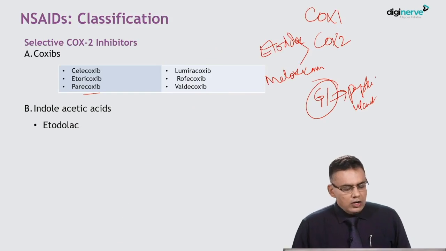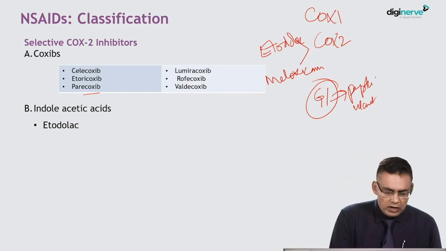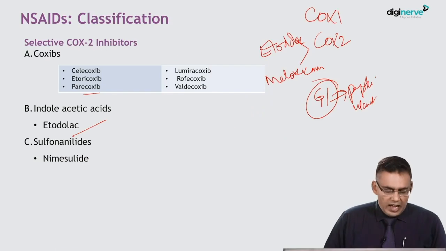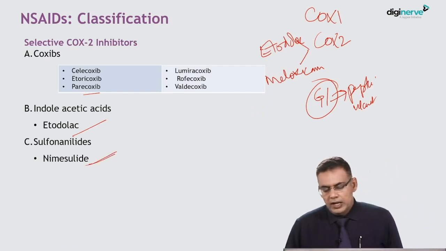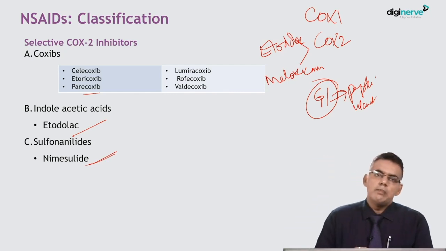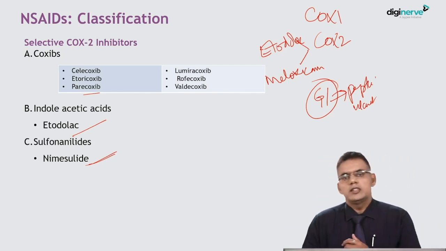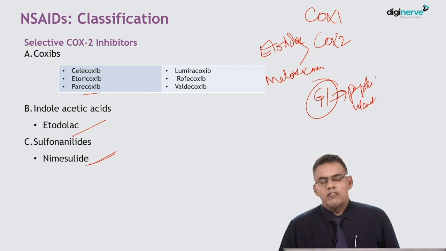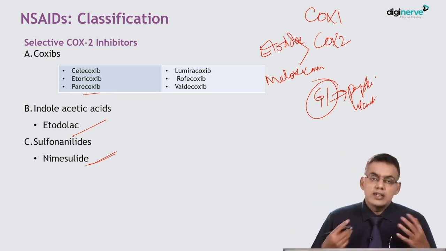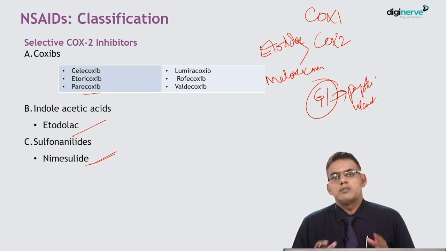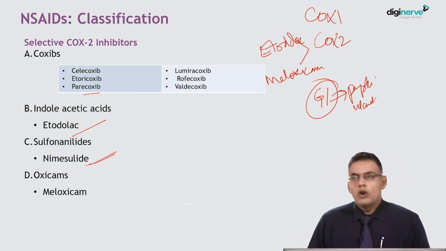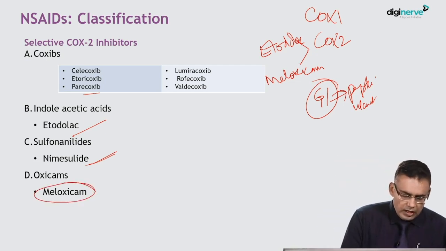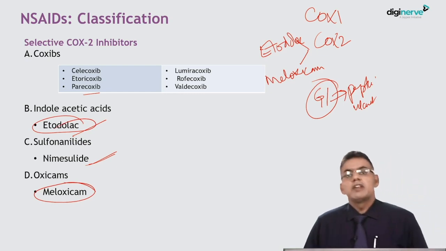Then we have indole acetic acid derivatives that we already talked about, etodolac. Then we have sulfonanilides like nimesulide. Now it's a very important drug to remember that nimesulide has been banned in most of the countries because of risk of hepatotoxicity. But in India, still it is available, but therefore one must be using it very cautiously. And lastly, we have oxicam that I already talked about, meloxicam. So meloxicam, etodolac, they are the ones which are having preferential